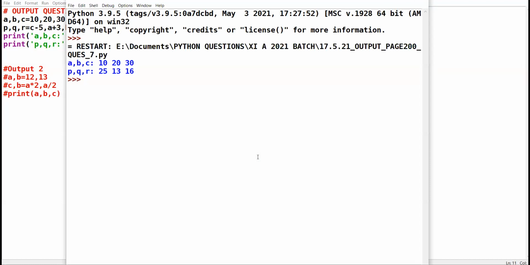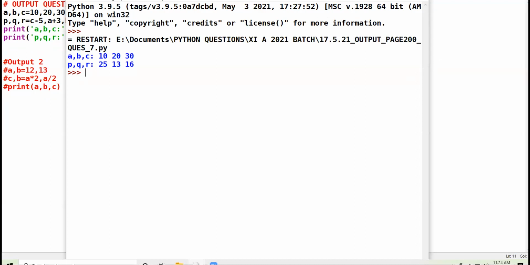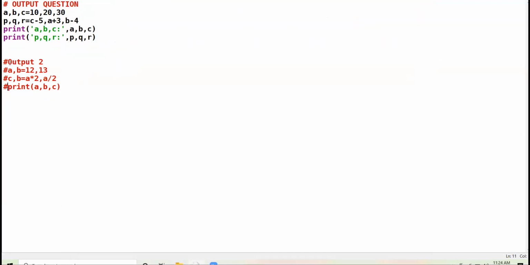See, Yuvraj, am I clear? If you want to ignore any statement in Python, you don't want the statement to be part of the program, you make it a comment.